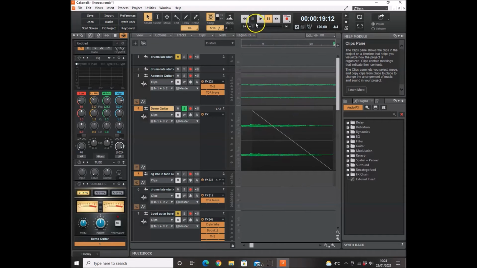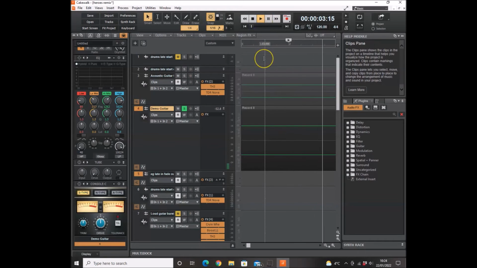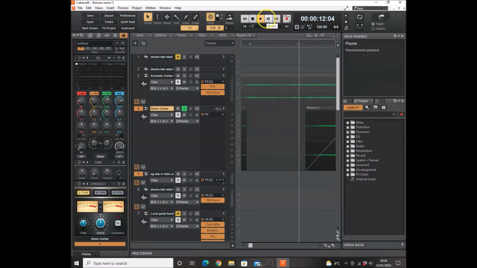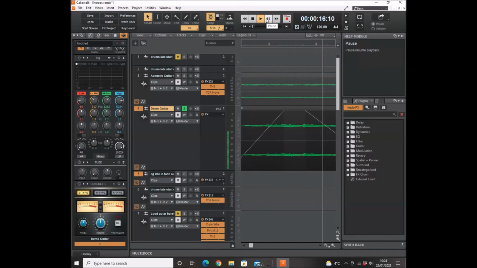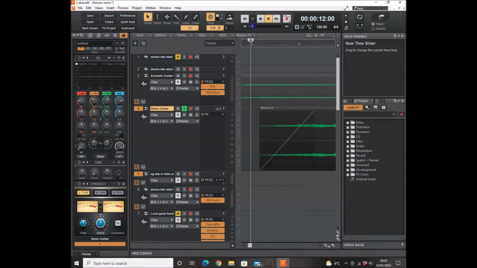So now we have a fade in, which is coming up, and a fade out almost immediately. So what we'll do is we'll use that little bit of track there to demonstrate our